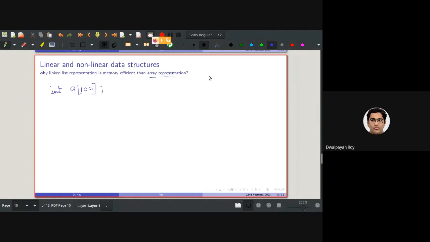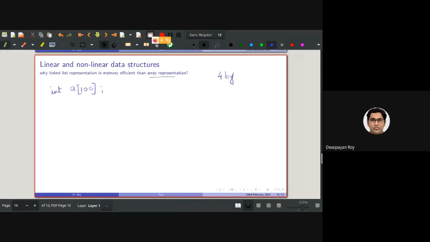So what is the size of int? That is, how many bytes in the memory will this integer data type be taking up? Anyone? 4 bytes. Only 4 bytes.